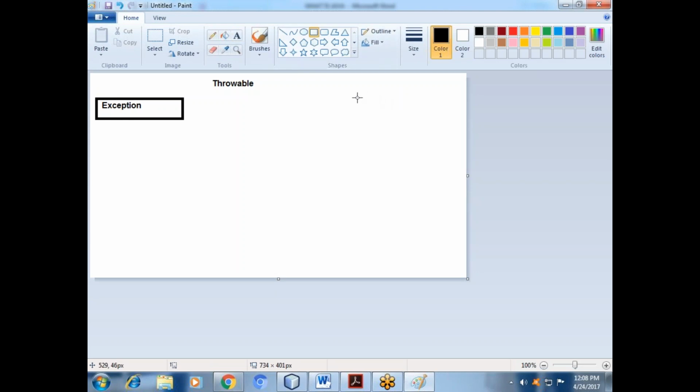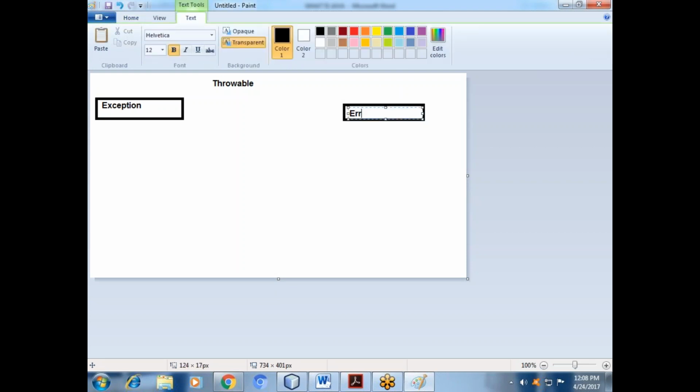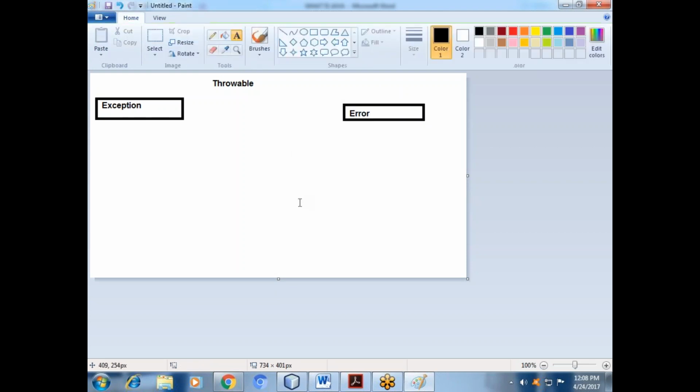Another part is Error. Inside that Exception, we also have some hierarchy. Exception names also.